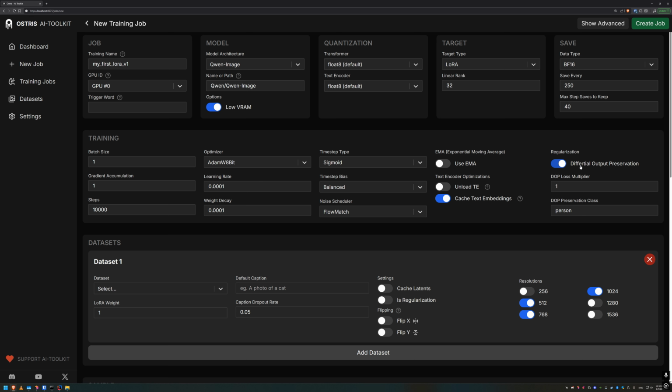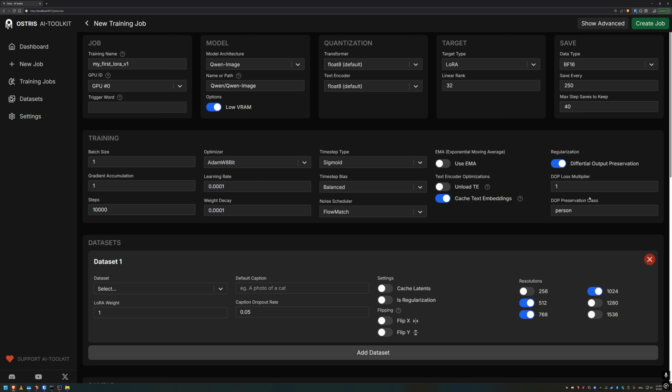And then, depending on the loss multiplier that you've set here, as well as the preservation class, apply a dampening effect on the overbright signals in the weights update in your LoRA. I don't know if that made any sense. To translate it into English,